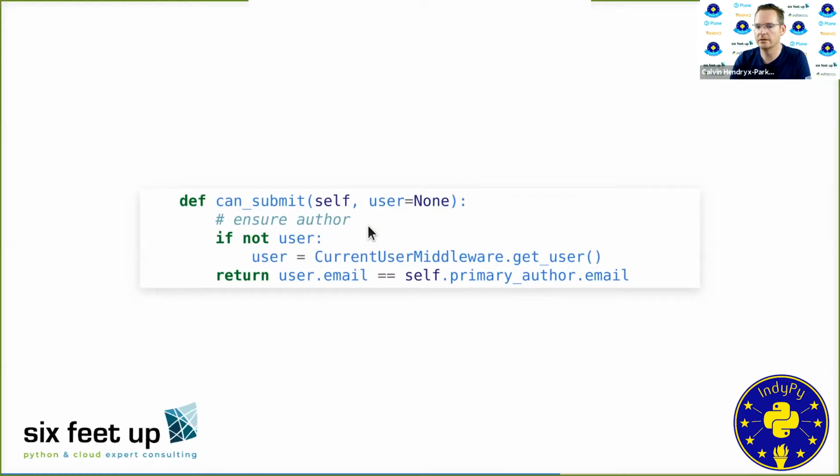Here's another example, very similar. Who's allowed to submit? Basically, all we need to do is ensure that you're the author of the item, because that's the only transition that deals with submitting, going from the author to an admin. So we just check to see if the current user's email matches up with the current primary author's email on the actual model itself. And if so, we return true. Otherwise, it returns false, and they can't see the submit action at all, like, for example, if it was an administrator or reviewer on the site.